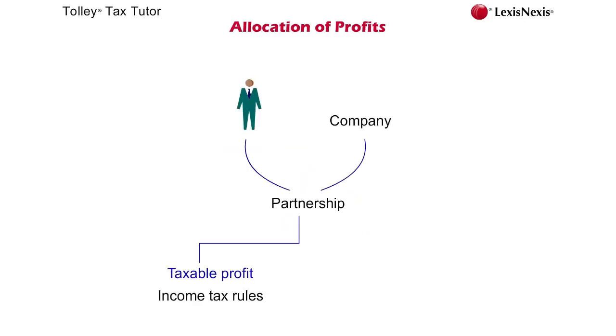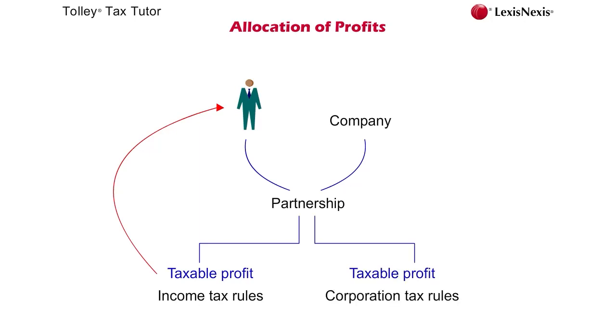In a mixed partnership, where one or more of the partners are individuals and one or more of the partners is a company, then two separate computations of the taxable profit or loss of the partnership are required per accounting period. The taxable profit calculated using income tax rules is used to allocate the relevant profit shares to the partners who are individuals for each accounting period. Each partner then uses the normal current year basis rules to allocate their share of this profit or loss to